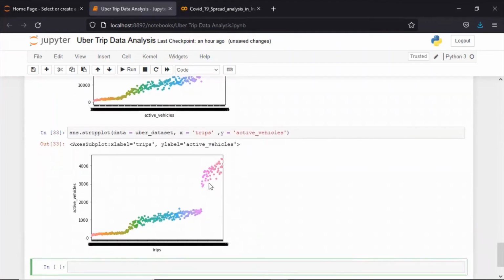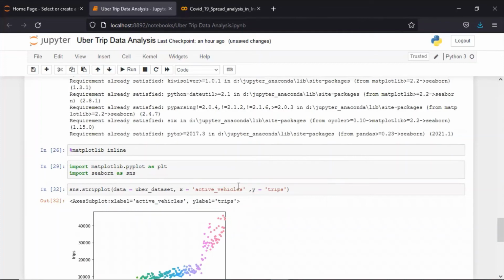So you can see here the graph looks like this, when trip is your x-axis and active vehicle is your y-axis.